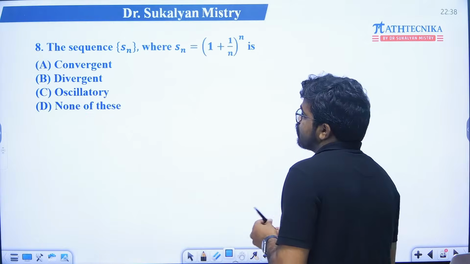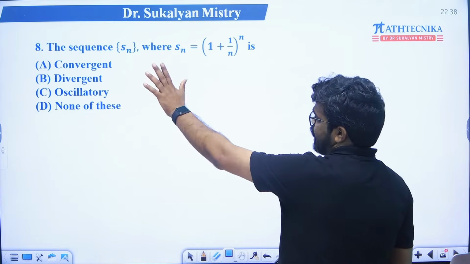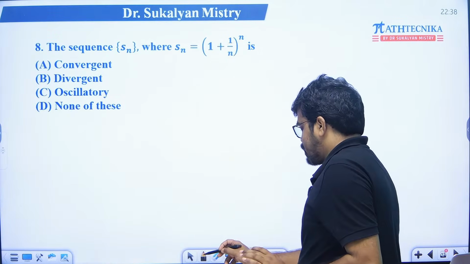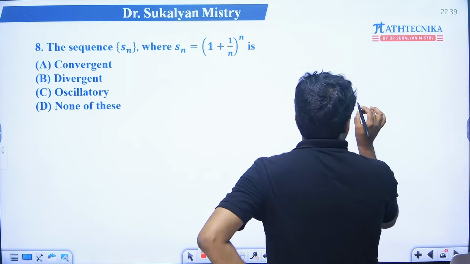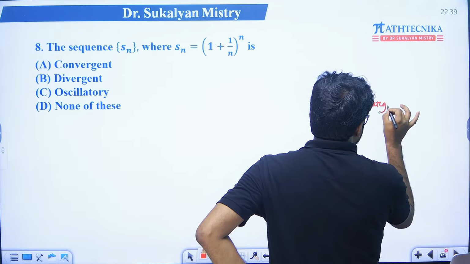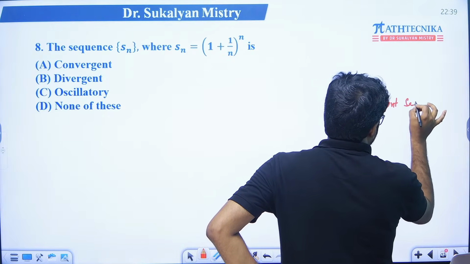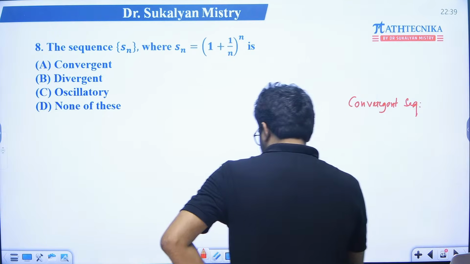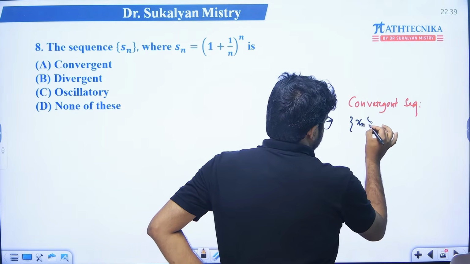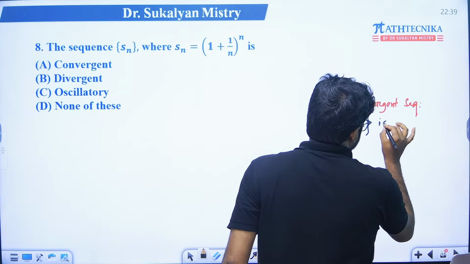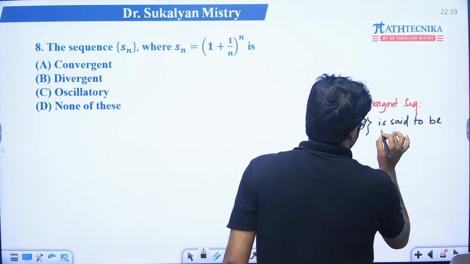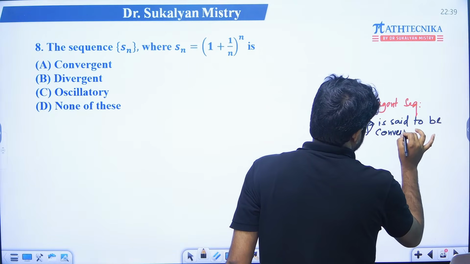Same type of problem. Here the sequence Sn is given. What is the definition of a convergent sequence? Just recall this definition. A sequence Xn is said to be convergent